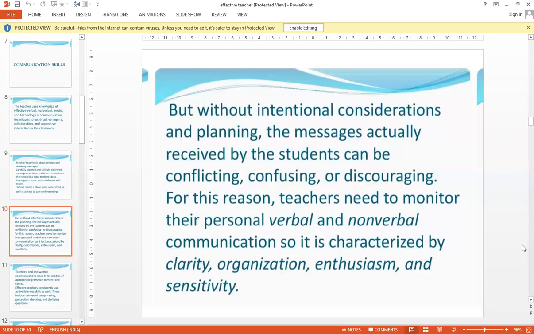We have to be very careful with our grammar, diction, and the language skills that we use, the words that we use while imparting knowledge to the students. Without having a proper idea, without having proper knowledge of the particular topic, it will create issues for the students. It will confuse or discourage the students. So we need to have proper knowledge.